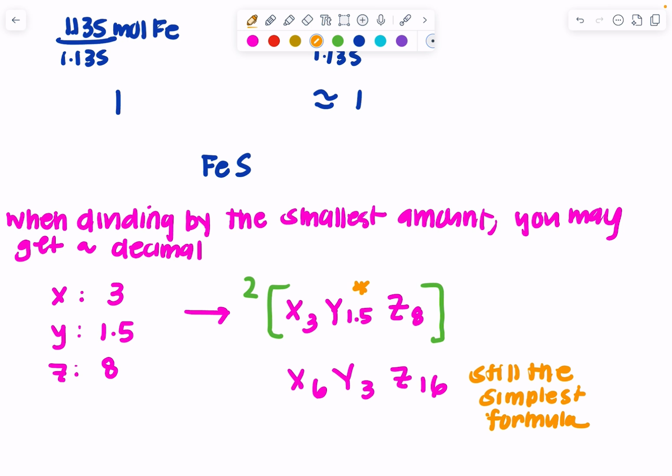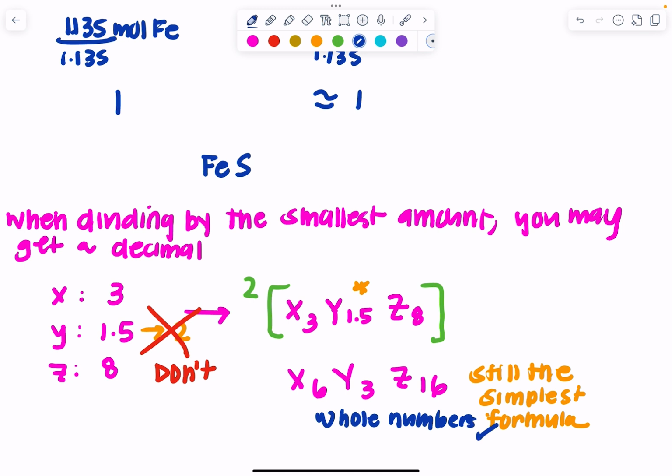Do not just round this up to 2. This is a big don't. You have to multiply everything. This is the ratio, 3, 1.5, 8. 6, 3, 16. All we want is whole numbers. Whole numbers are good. Decimals are bad. Cool. Hopefully this makes a little bit of sense to you. Usually it's people's favorite lesson in the